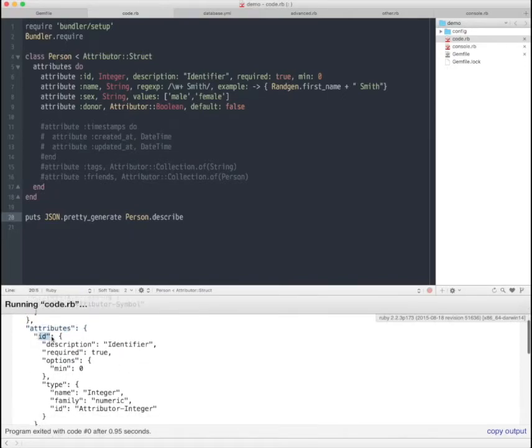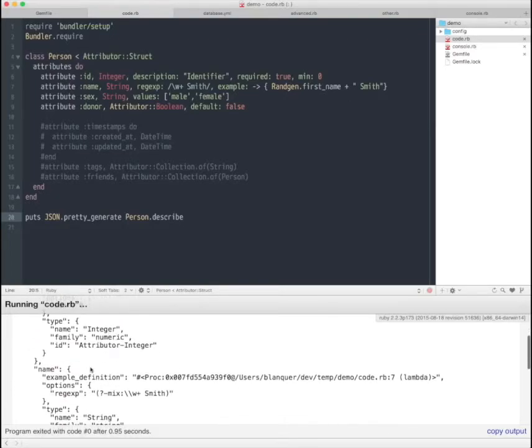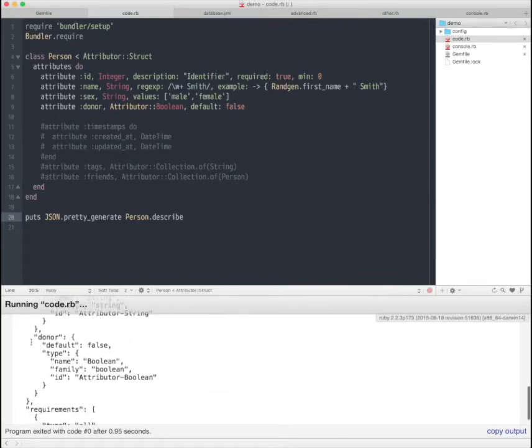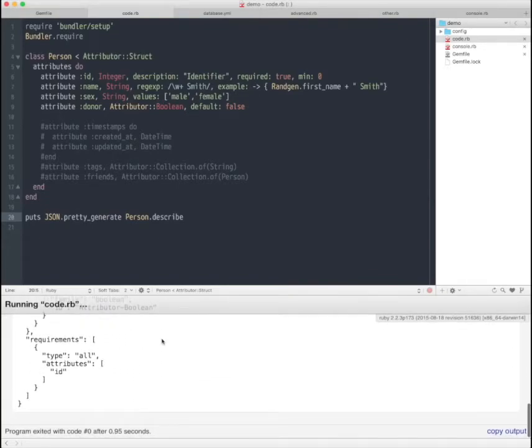For example, I have the ID attribute with all the description, the requirements, the options, what type it is, etc. Okay, so it's a way to easily define the structure of what you've defined in Ruby, export it as JSON